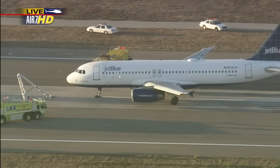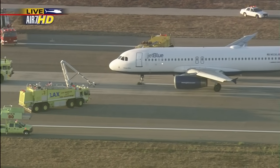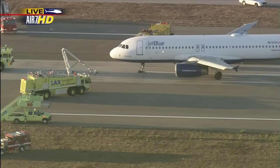If anybody was injured during the landing, that's unclear right now. But if they were injured during that landing, there are fire crews and paramedics standing by to take care of everybody. There are 3 rescue helicopters on the ground here at LAX as well. If anybody had to